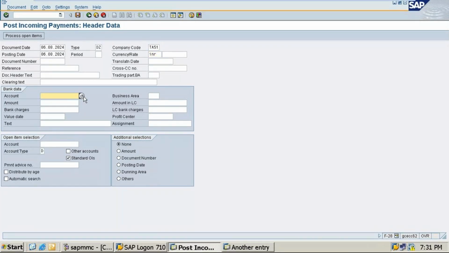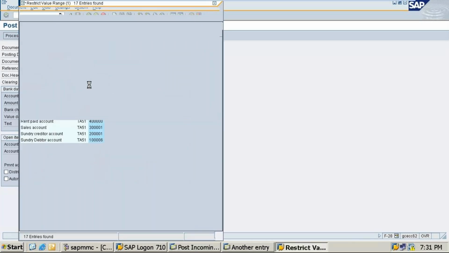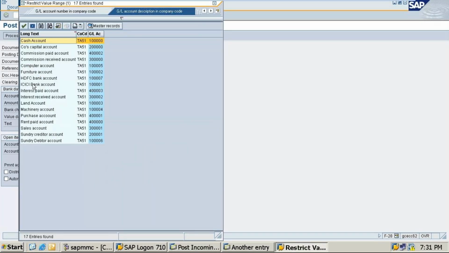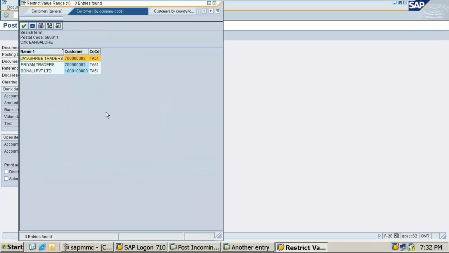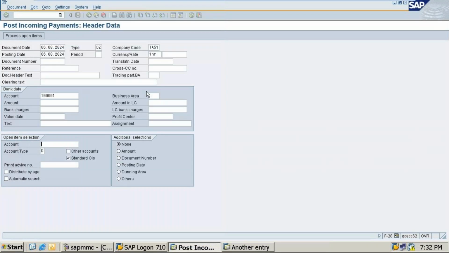In accounts you can select the bank account, ICICI Bank. Okay, the amount, how much you have given, put that, and the value date. This is 6,000. You have entered 6,000. In the account type you need to put the party ledgers, debtor party. Okay, and just process the open items and save.